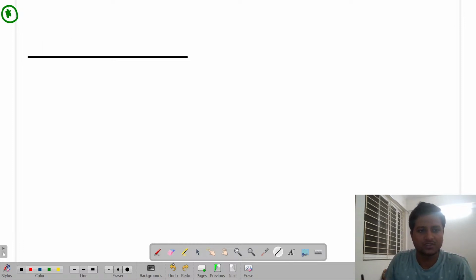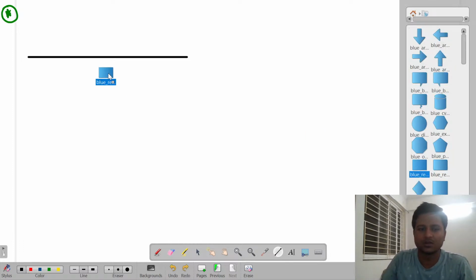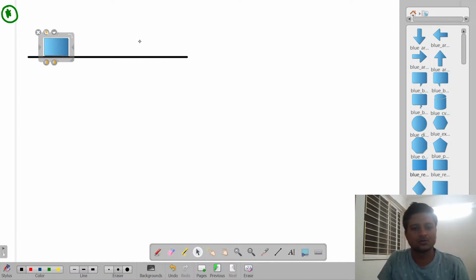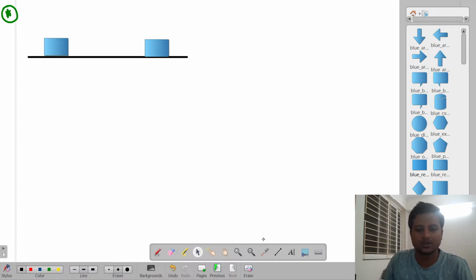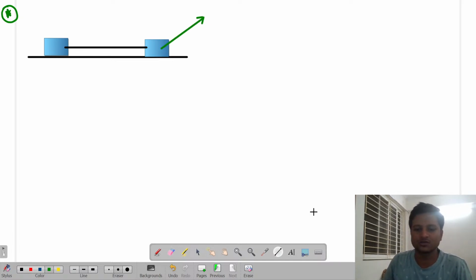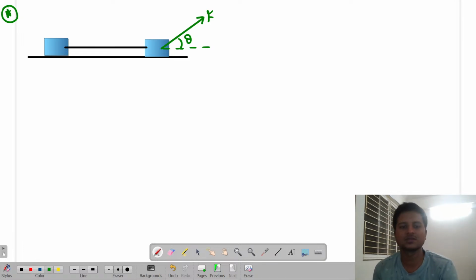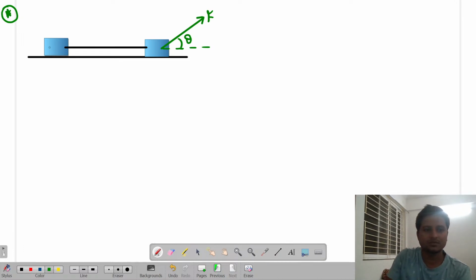So suppose once again we have a two block system just like yesterday's normal and all those kind of things, right or not? So let us just bring it over here and I connect these two blocks using a thread. Okay, now what I did, I tried to pull this whole system by a force F, not perfectly horizontal, but with a force F making angle theta with the horizontal. Okay. And then the question arises: find the tension in the thread if this is a mass m1 and this is my mass m2.